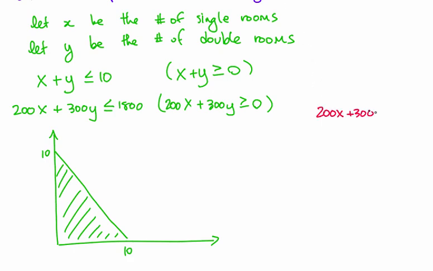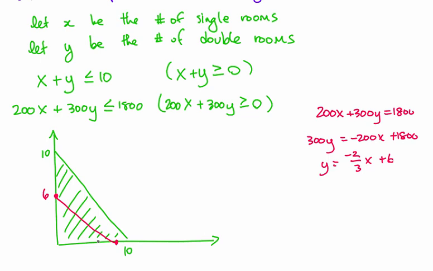So I've got 200x and 300y would be equal to 1,800. And so let's solve for y. 300y would equal negative 200x plus 1,800. Divide by 300 would give me negative 2/3 x plus 6. So if I start at 6, I would have a slope of negative 2/3, and so I would go down 2 and over 3, and down 2 and over 3, and down 2 and over 3, and I would get to 9. So I'd actually have a graph here like this,